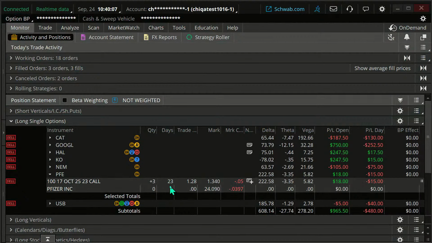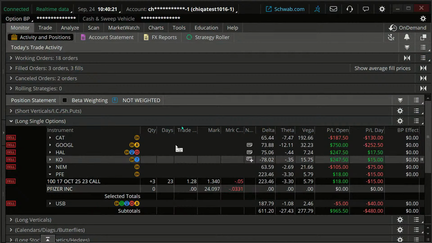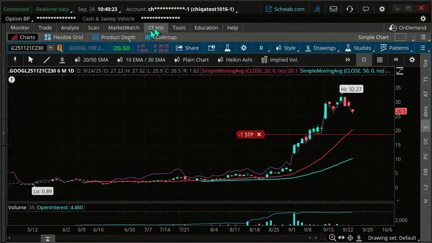Here we've got a shorter period of time to go, so we're going to be less patient with this. We're basically break even, maybe a little bit north of that, but only 23 days to go. Are we still bullish on this trade is I think the question that we have on that.